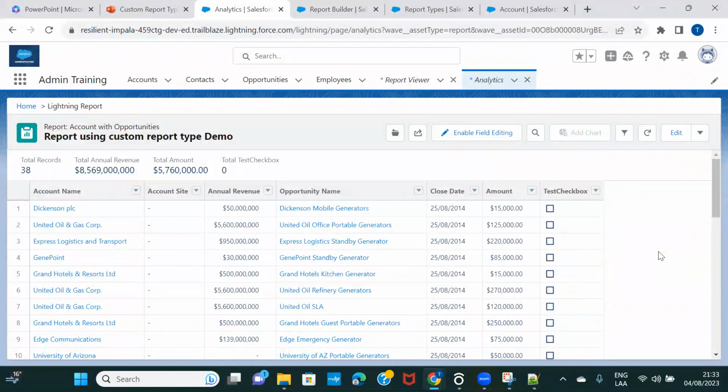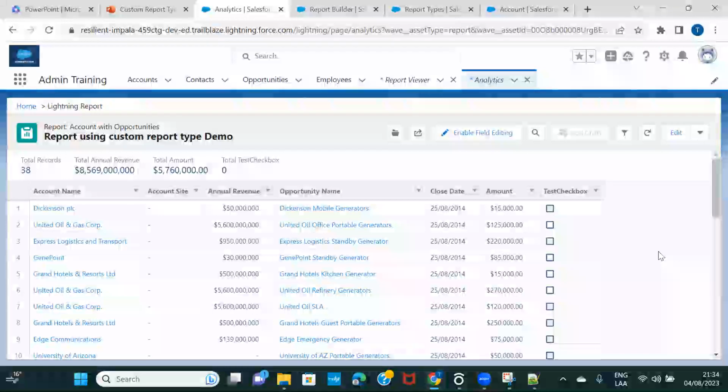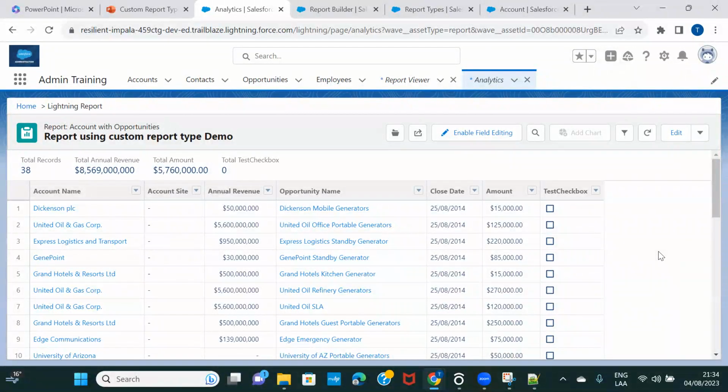Because honestly, I've seen it a lot that when people are working with reports, report types are the one thing that they struggle the most with. So for example, it's a very random example, but let's say they want to create a report on campaigns. They will just go ahead and use the standard report type of leads and campaigns. Or let's say they again want to create a report just on campaigns. Then they will just go ahead and use the leads and campaigns. But they do not know about custom fields and this inclusion and exclusion of the fields on the report